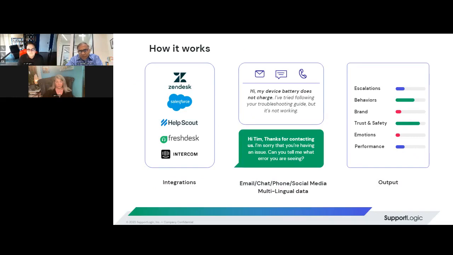If you're already a SupportLogic customer, you know that we can pull in data from any of the CRMs, whether it's Zendesk or Salesforce or ServiceNow, what have you. With Elevate SX, which is the auto QA product that we have right now, we are also able to process your multi-model data. So we can pull in phone calls, we can pull in chat or emails,